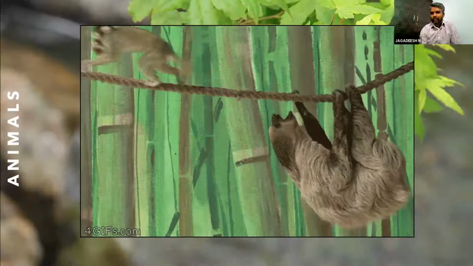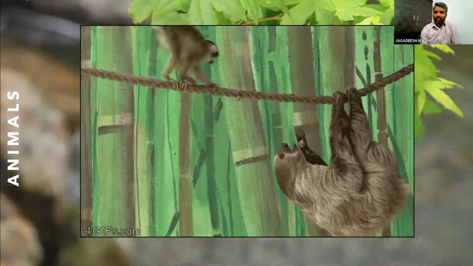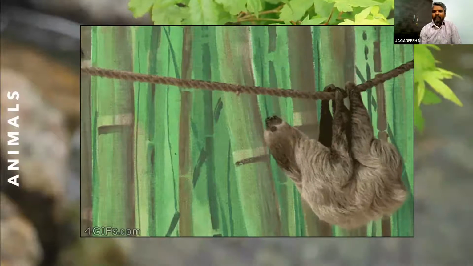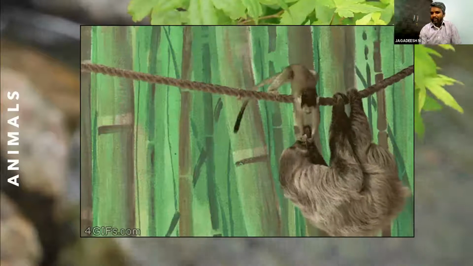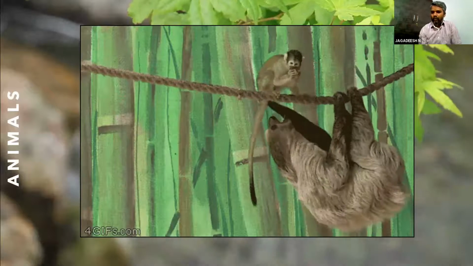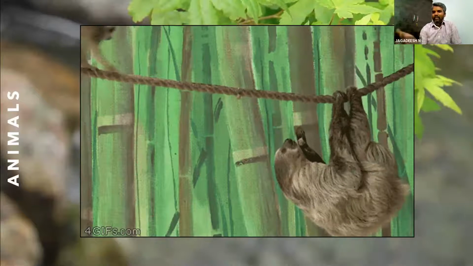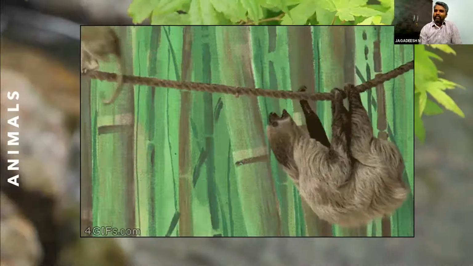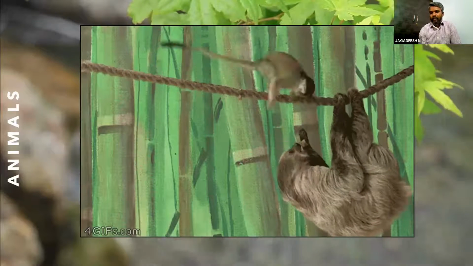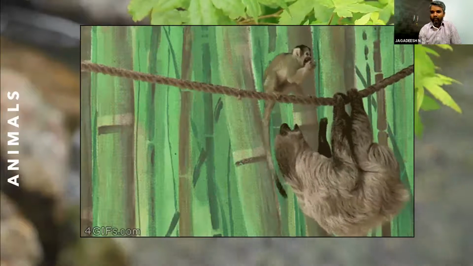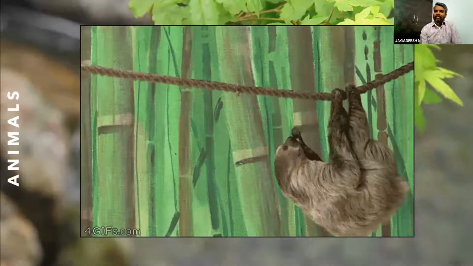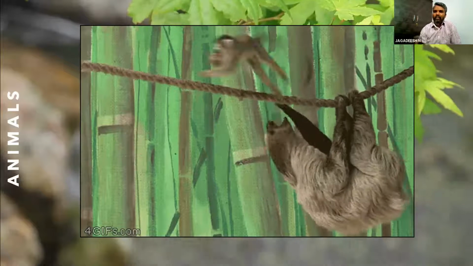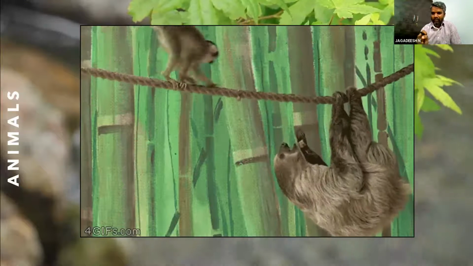This animal is called the sloth, which predominantly lives in the tropical environment. This is a very lazy animal which moves very slowly among the branches of the equatorial trees, and it is very much adapted to treetop dwelling. These animals' arms and palms are adapted to grab the tree branches.